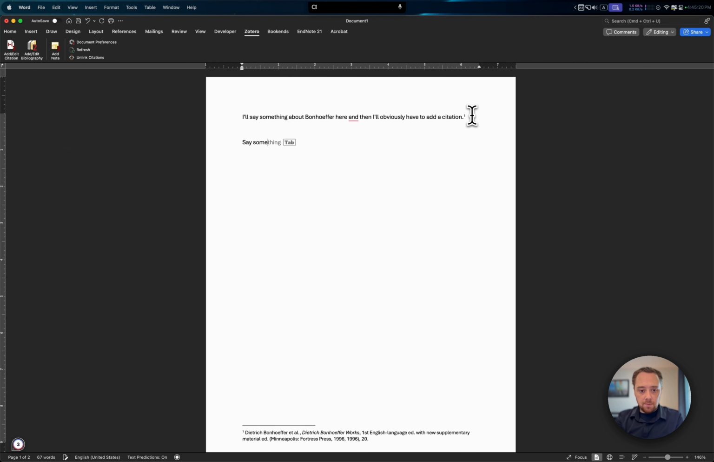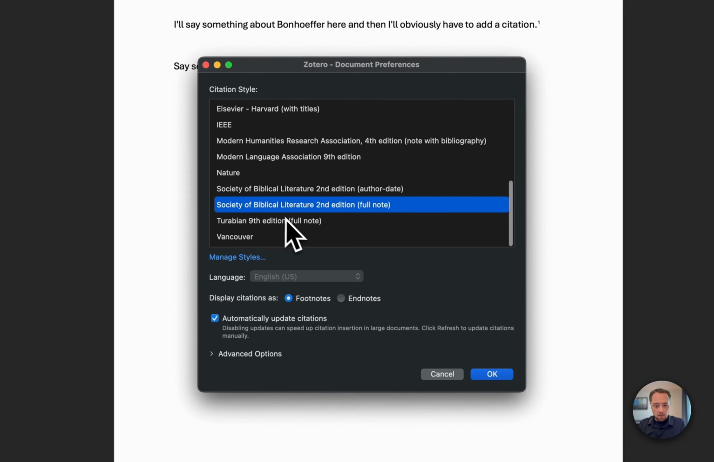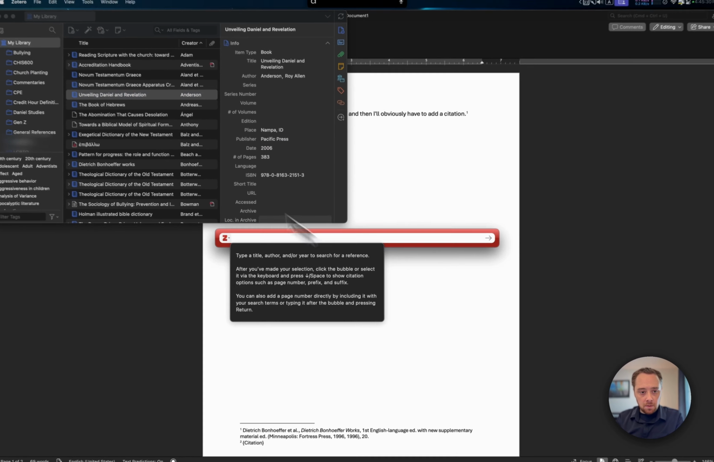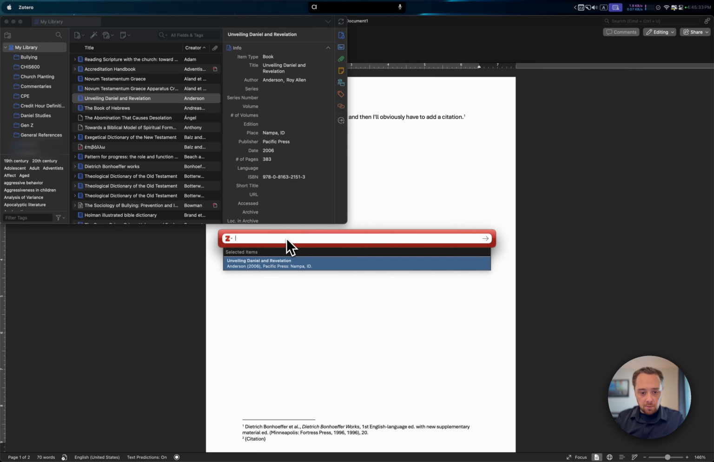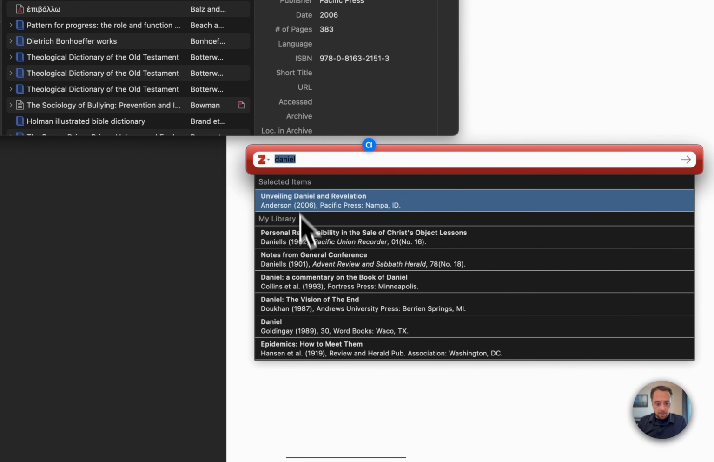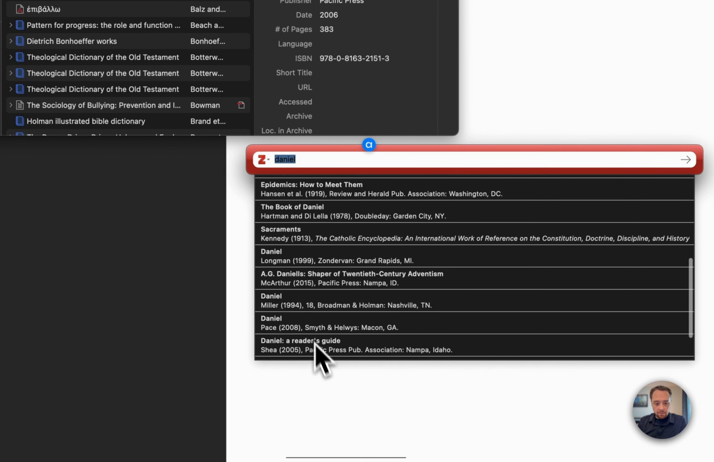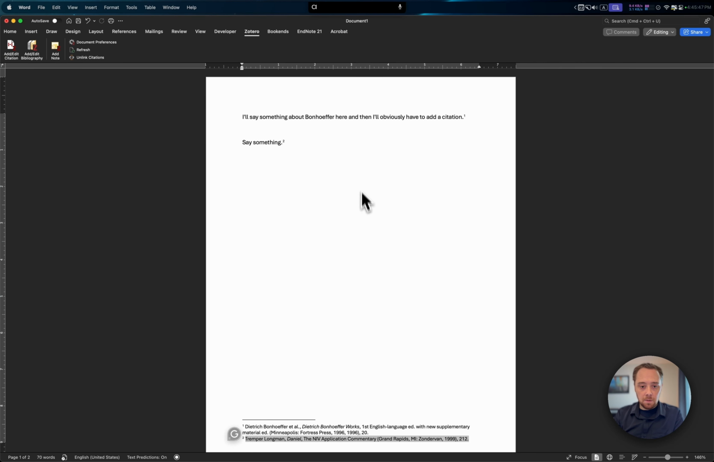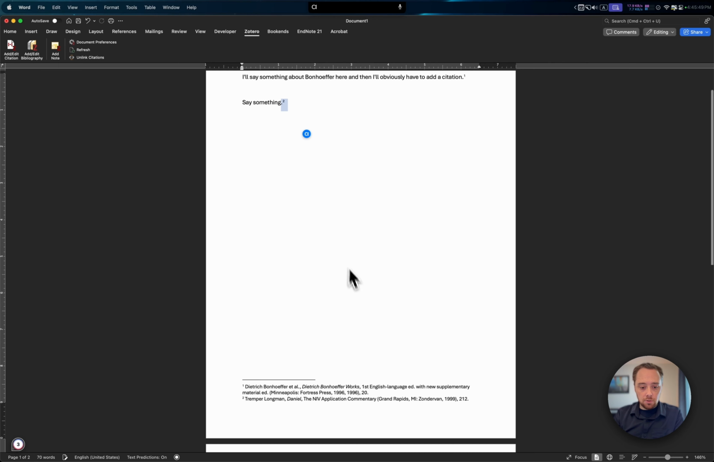So I may say something and then add a citation. It pops up a little note to say, what do you want to use? I'll use Turabian. And then it gives me a little search bar where I could say, okay, I want to look up Daniel, right? It'll look up my library, what resources on Daniel have I used before, and I could just grab one of them. I could say page 212, it puts that in, hit enter, and immediately after citation 2,